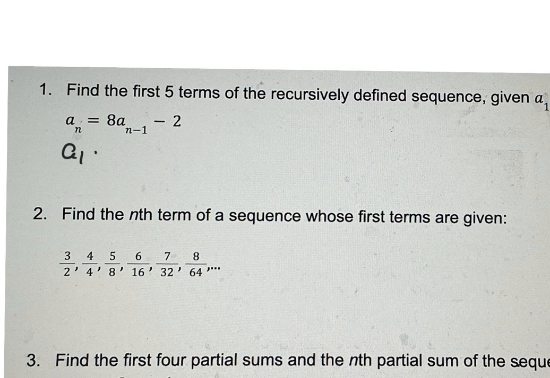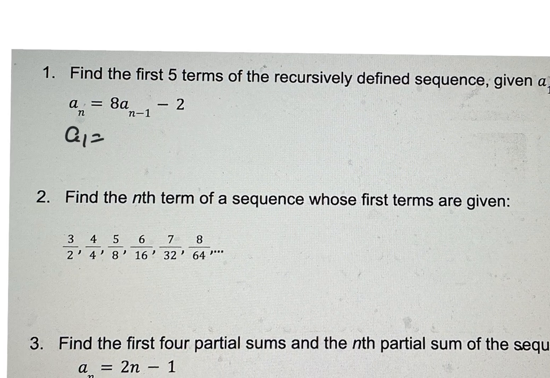A1 they're going to give you. I already moved out of the way. I can't see it. A1 is 3, the first term. Now, remember what recursive means. This means the next term is 8 times the previous term minus 2. So to find the second term, I'm going to do 8 times the previous term minus 2, which is going